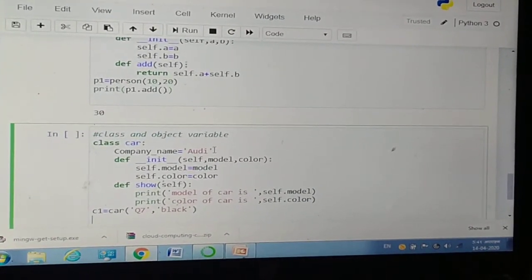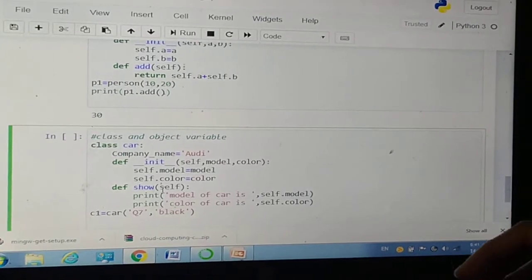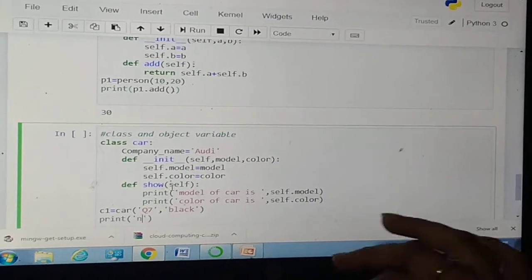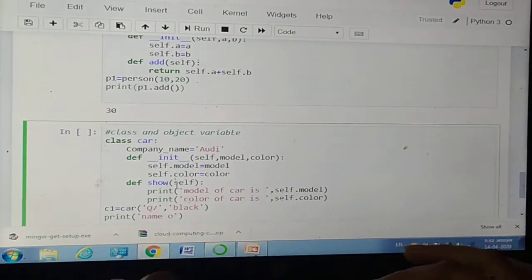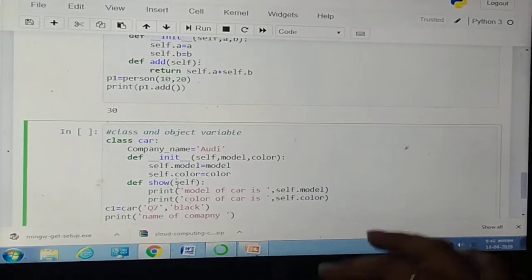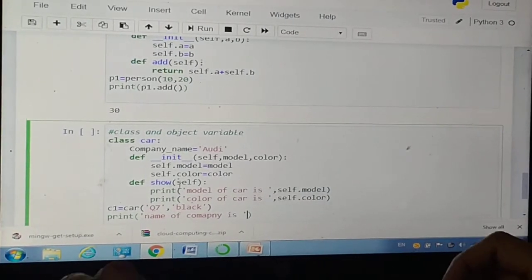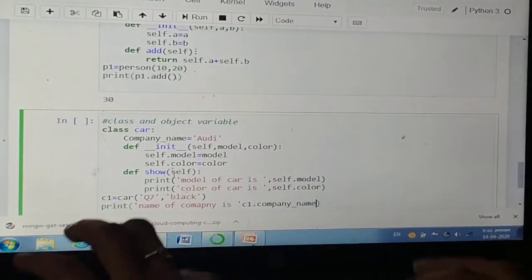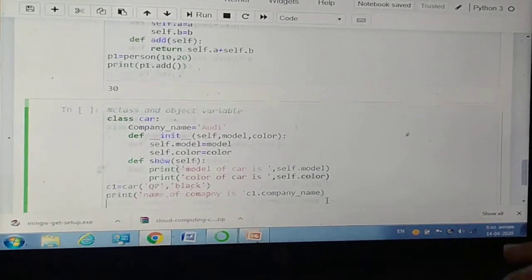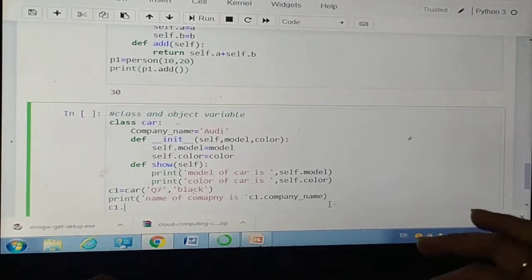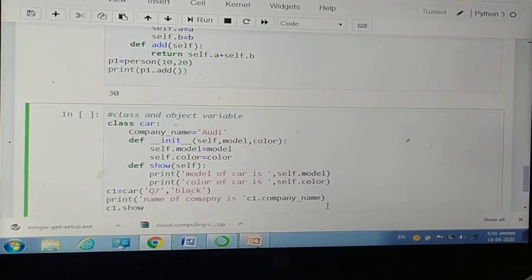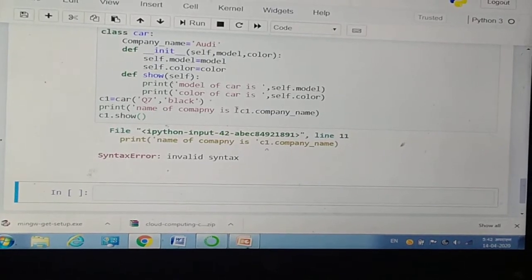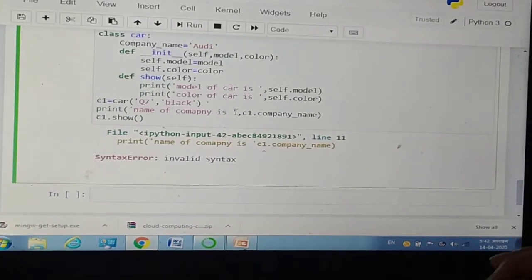Because company name is nothing but the class variable, you are going to call it like this: print name of company is C1.company_name. And now C1.show. Oops, I need to write a comma here.